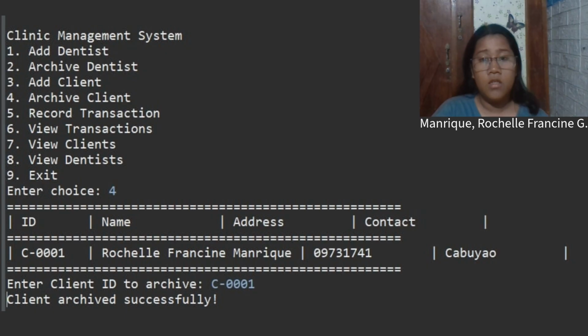This indicates that the selected client has been removed from the active records or marked as inactive. This feature shows that the system supports basic record management by allowing users to organize and maintain client data efficiently.